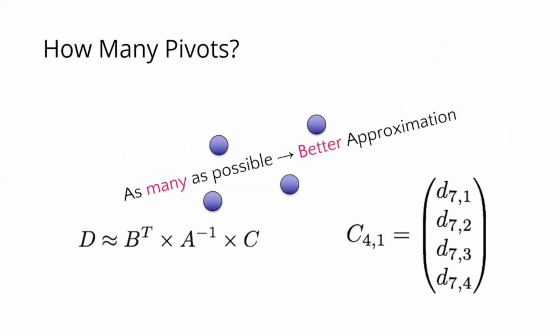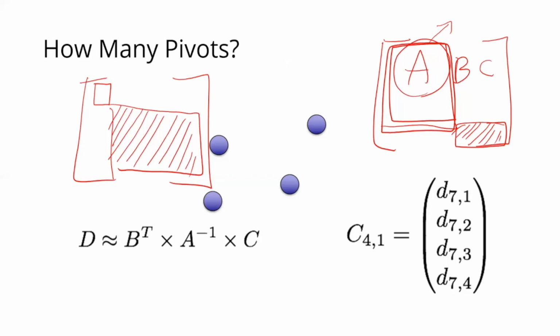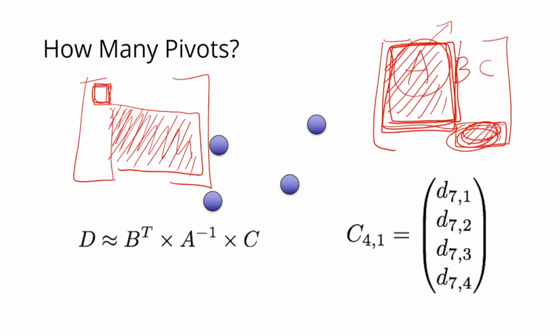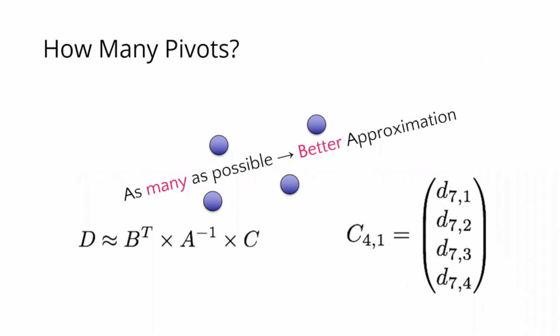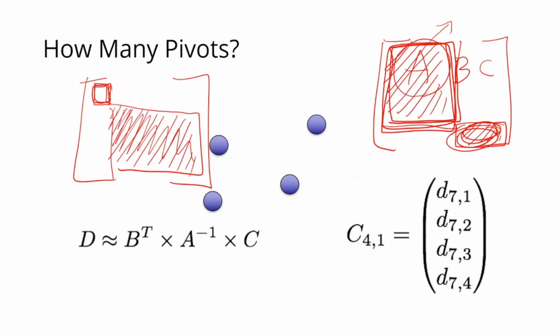Obviously, if you have a larger number of pivots, then you're going to have a better approximation because you already know a great portion of the distance matrix, and the only thing you need to approximate is a small fraction. So it's going to be easier, right? You can intuitively say that, right? Versus if you have a small portion of pivots, then it's not going to be that easy, right? And therefore the accuracy of the approximation is going to be fairly low. So as many pivots as possible means you have a better approximation. But obviously, if you have a situation like this,